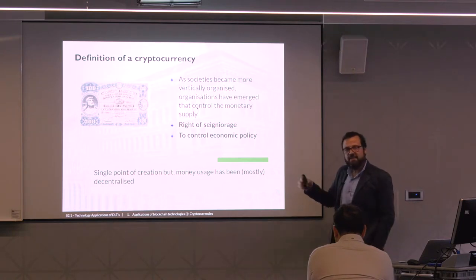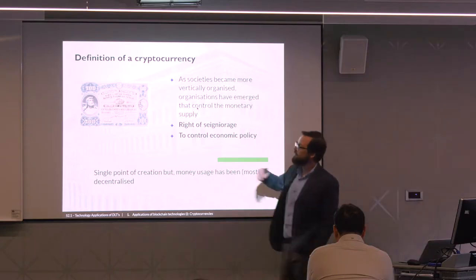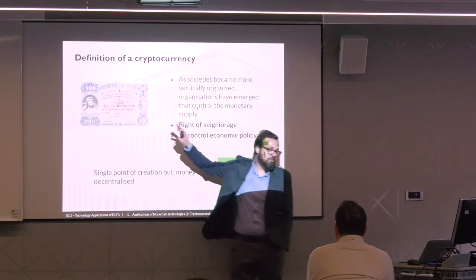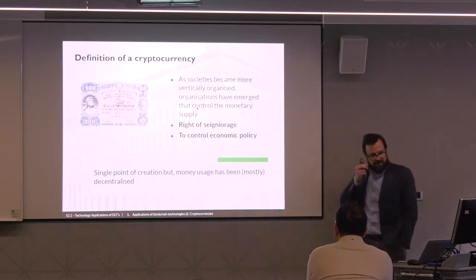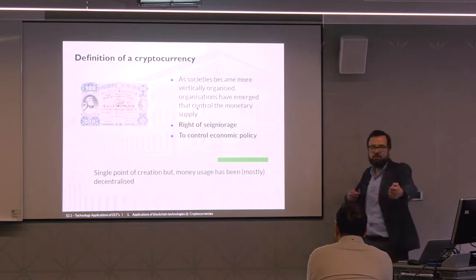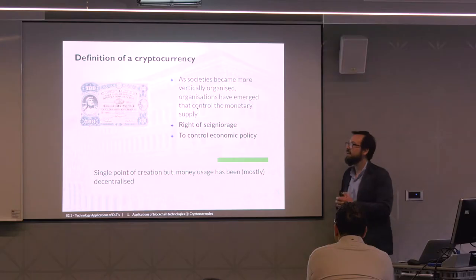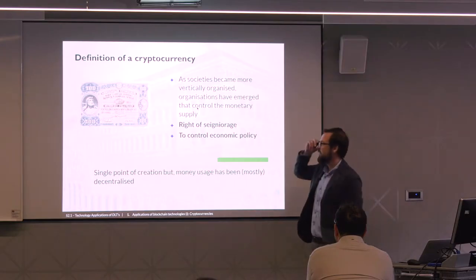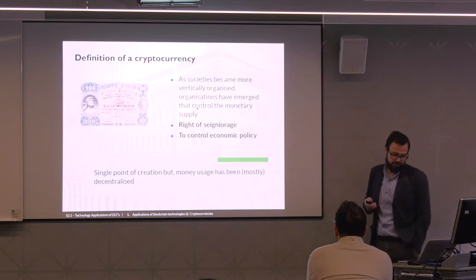If you see this, there is no control whatsoever except for the fact that all of us trust the medium of exchange, and this is what allows the transaction to take place. So from that point of view, if you look at this from the systemic perspective, it is a fully decentralized system, because the economy works because we, in a decentralized fashion, exchange value through this widespread accepted medium of exchange.